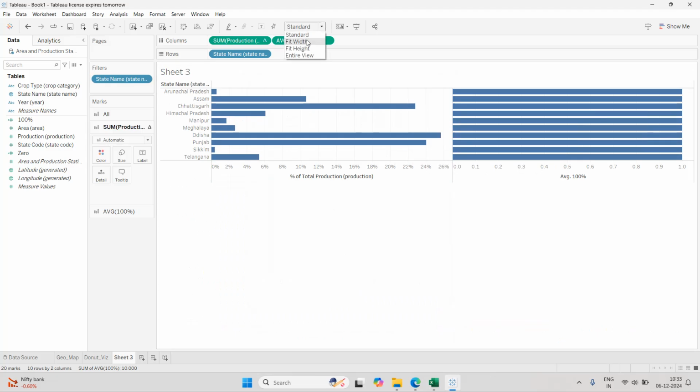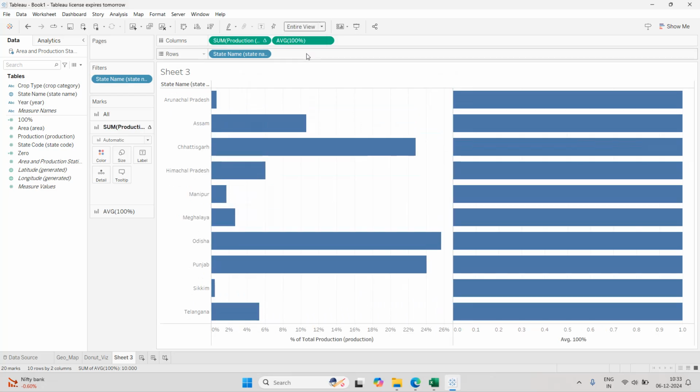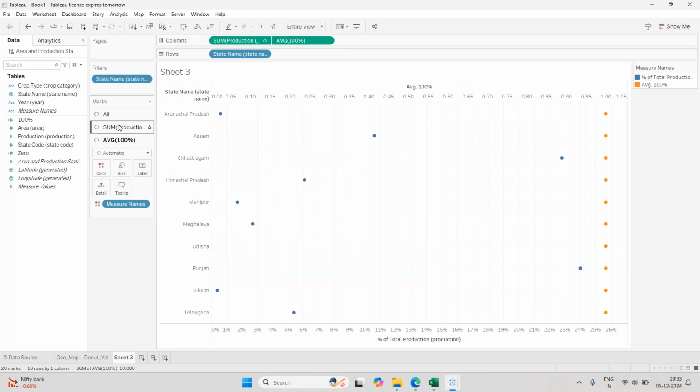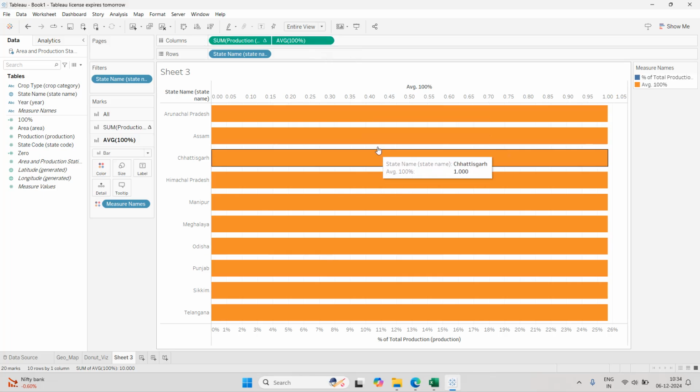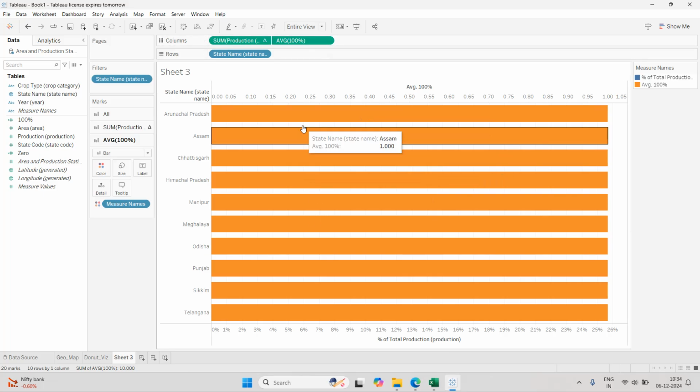I'll make it from standard to entire view. Now we have to merge both of these. What we'll do, we'll go to the second one, go to dual axis, and just set it as bar. This is also bar, this is also bar. Now this average 100% is overlapping our sum of production. So what we will do,